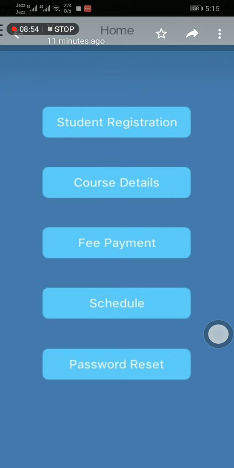So we have used iOS to design our project, and I hope that you will like this.